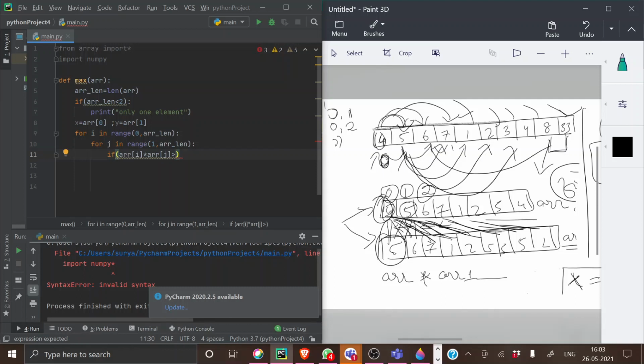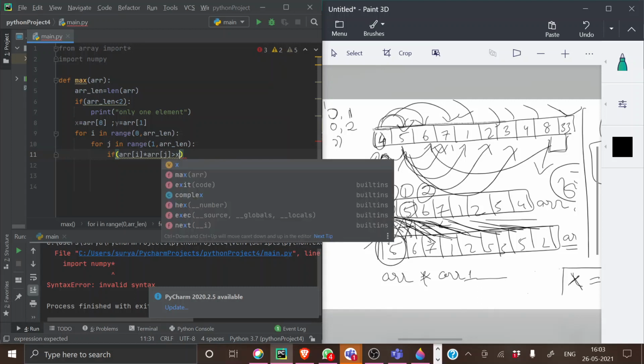So it should be lesser than the value of x into y.